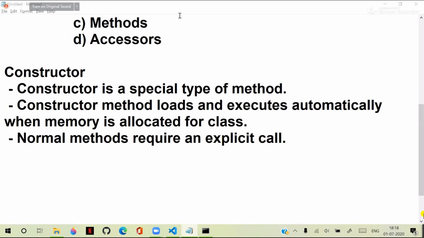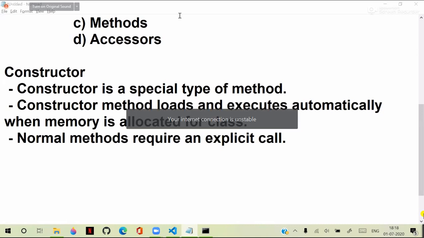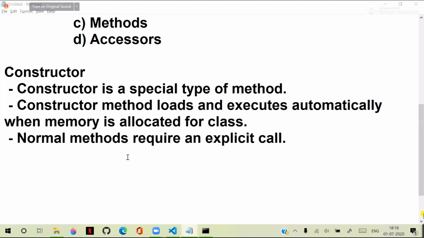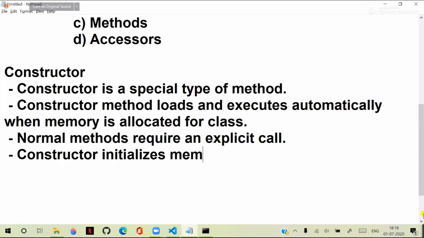implicitly. Those types of tasks can be given to constructor. That means constructor initializes memory in a class, where it can load